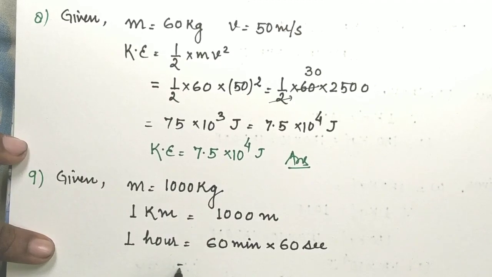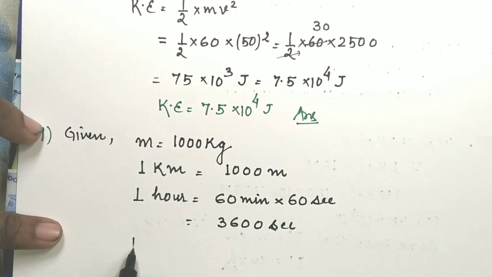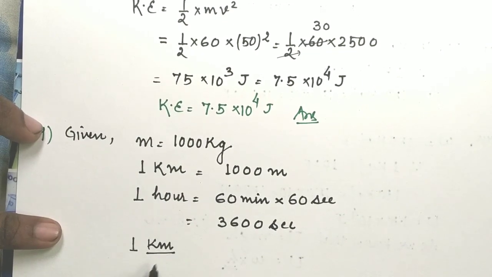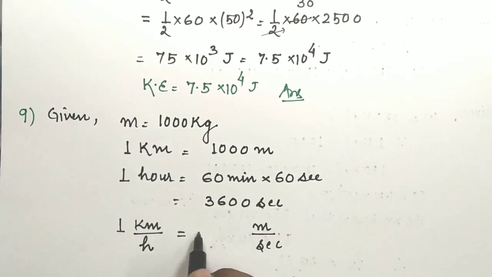So it will be 60 into 60, that is 3600 seconds in 1 hour. So in order to calculate how much 1 kilometer per hour will be equal to in meter per second, we can easily write